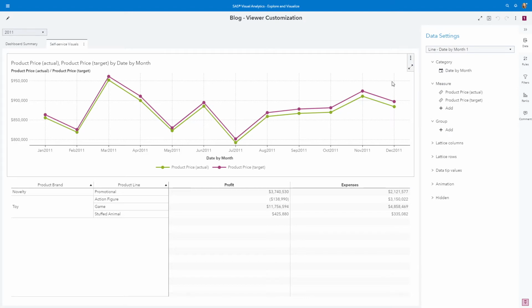In this example, I want to remove the current measures and select a different measure for this line chart. So from the data pane, in one of the measure areas, you can right-click and remove all. You could right-click on one of these particular measures and remove all, or you could right-click at the top level of the measure grouping.